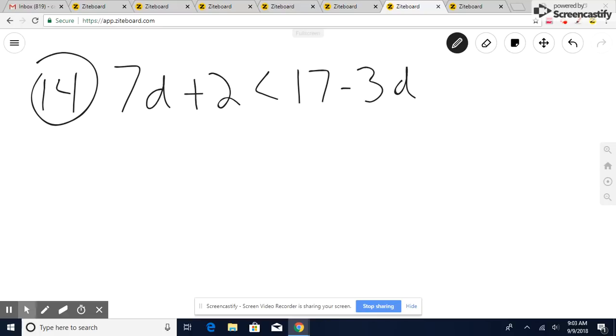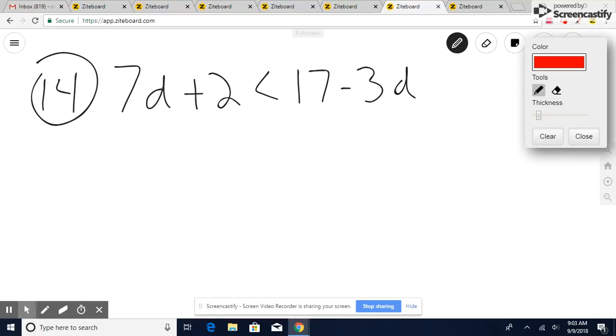Now, looking here, number 14. This is our last example we're going to do. And again, a D and a D. Got variables on both sides. So I've got to move one of those. So I'm going to plus 3D. Okay. That gives me 10D